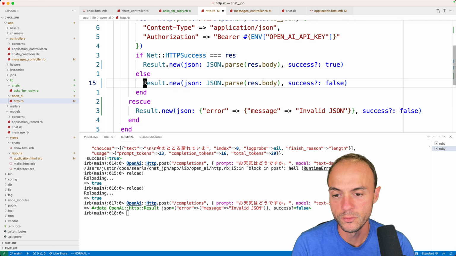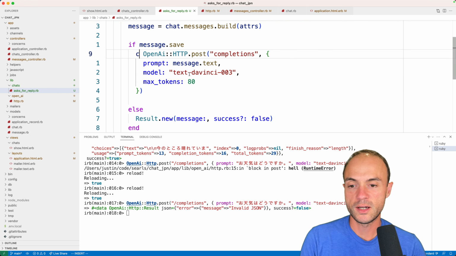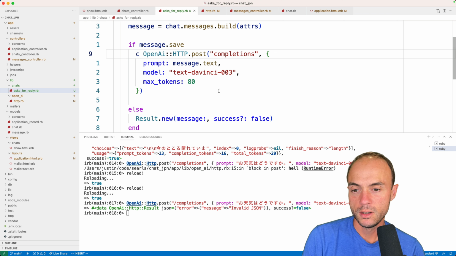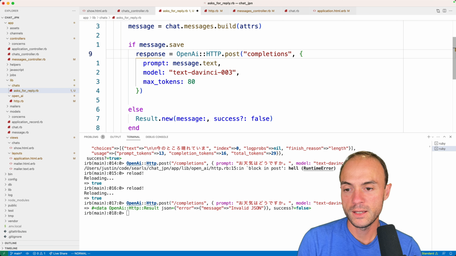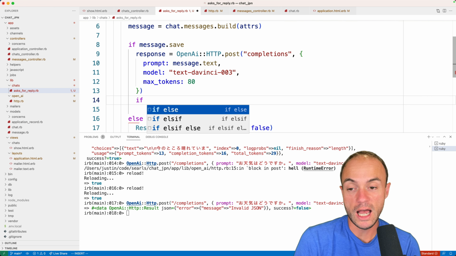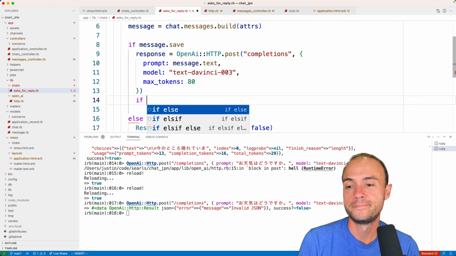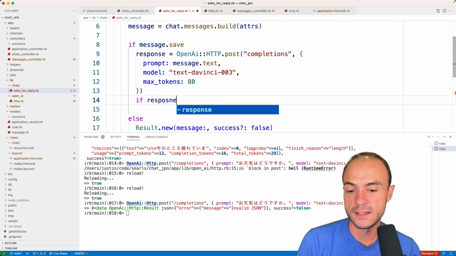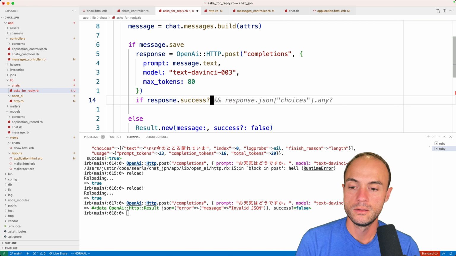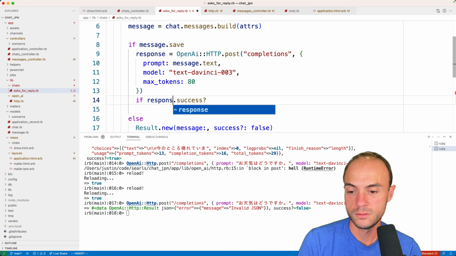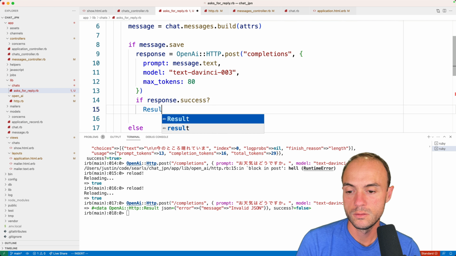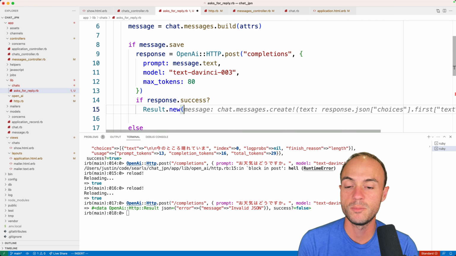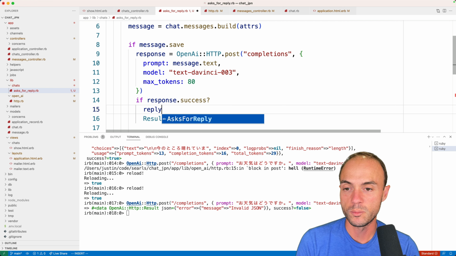Okay, so moving right along. Let's go back to ask for reply, completions, message text, max tokens 80. Seems legitimate. Response. Here we're going to do another nested if. I heard that nested ifs are always a good idea. Send tweet if response success. Response success. Result new. We're going to do the same thing again, except this time we're going to say reply equals